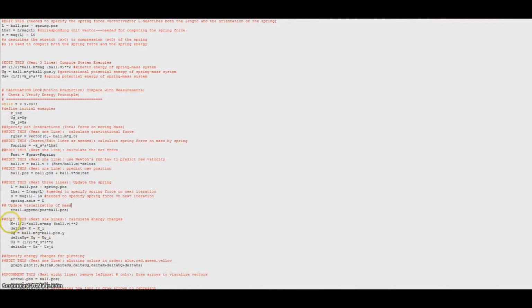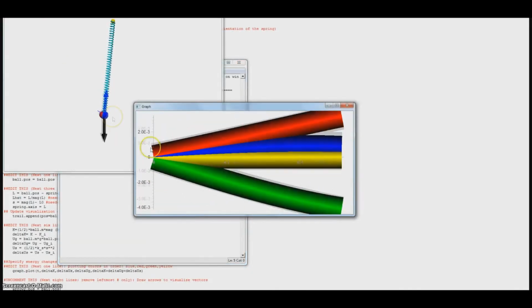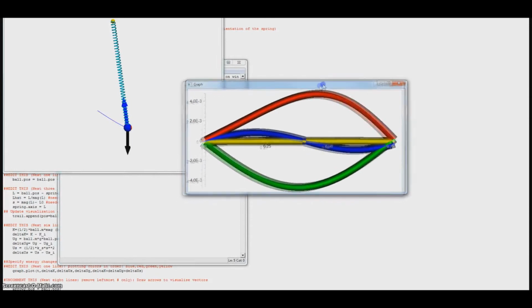Finally, we write here the energy changes in kinetic, in gravitational, and in spring potential energy. We know there is no energy transfer with the surroundings, so we know that the change in total system energy is equal to 0. So we run our model and we can see